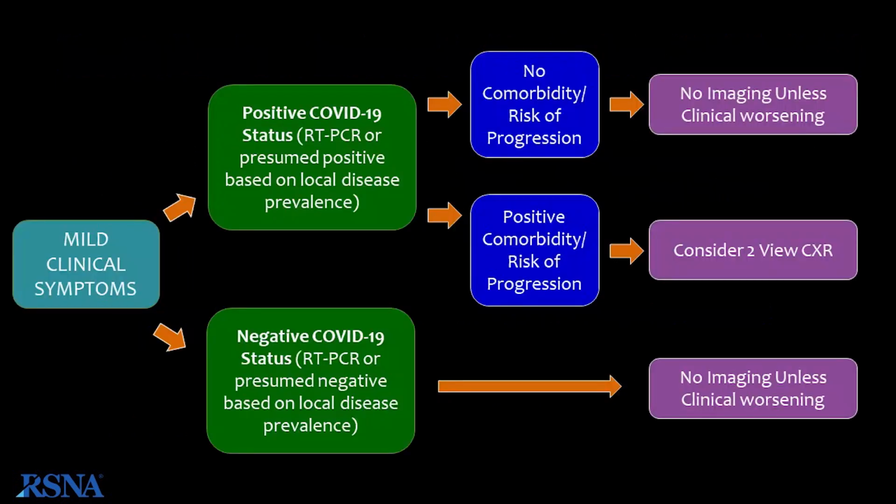For pediatric patients with mild clinical symptoms, the first step is to assess the positive or negative status of COVID-19. This can be determined with real-time PCR where available, or the patients can be classified as presumed positive or presumed negative based on exposure history and local disease prevalence. For the negative COVID status group, no additional imaging is indicated in patients with mild symptoms unless the patient subsequently demonstrates clinical deterioration. In the positive group, patients who have no underlying risk factors for progression or comorbid medical conditions also don't require any imaging